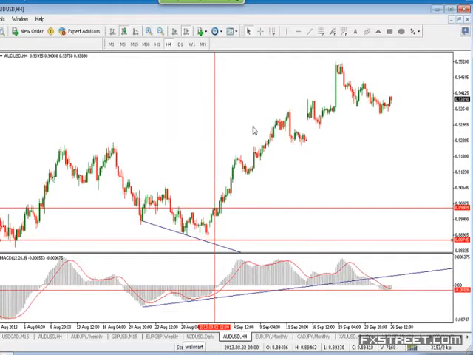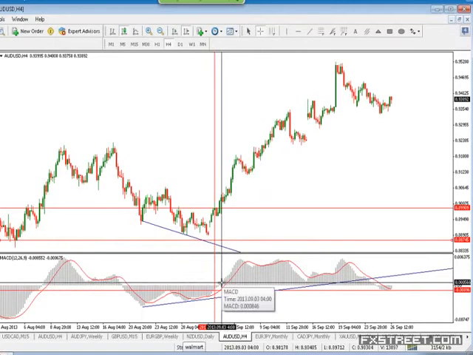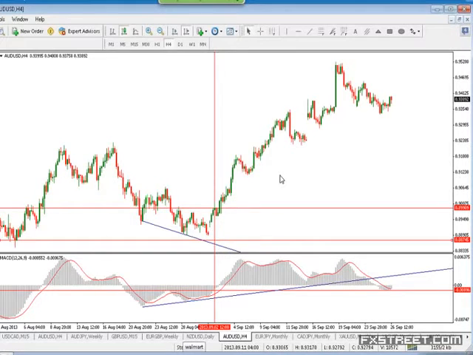Look at this nice ride. What you would have got earlier is your histogram bars turning positive here. So you would have at least got this much of a price movement extra. And as a trader, believe me, these are the edges that I look for. Something that gets me into a trade earlier than the crowd with a confirmation, not because I think that it's doing well, but a technically feasible situation.